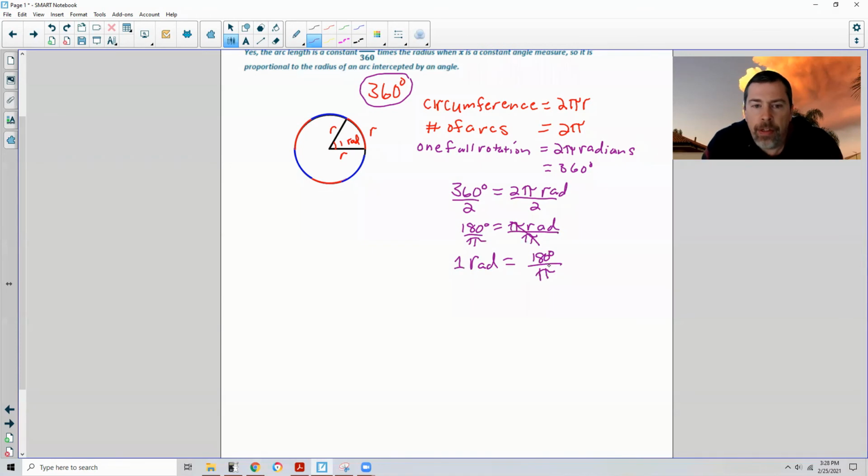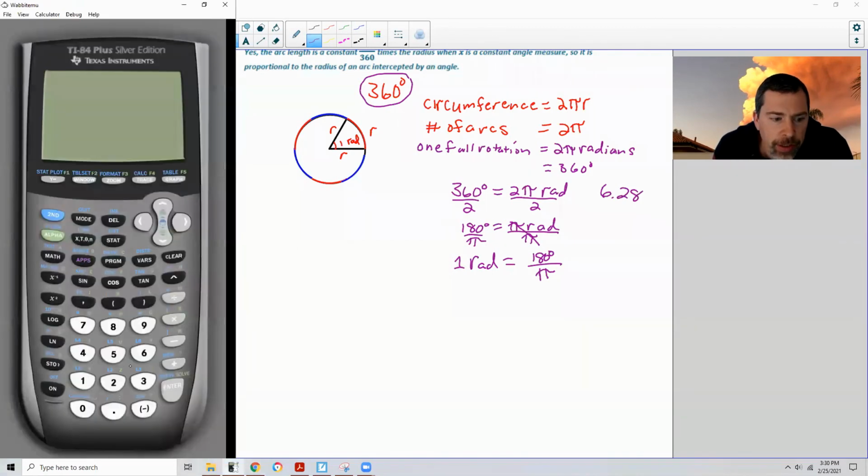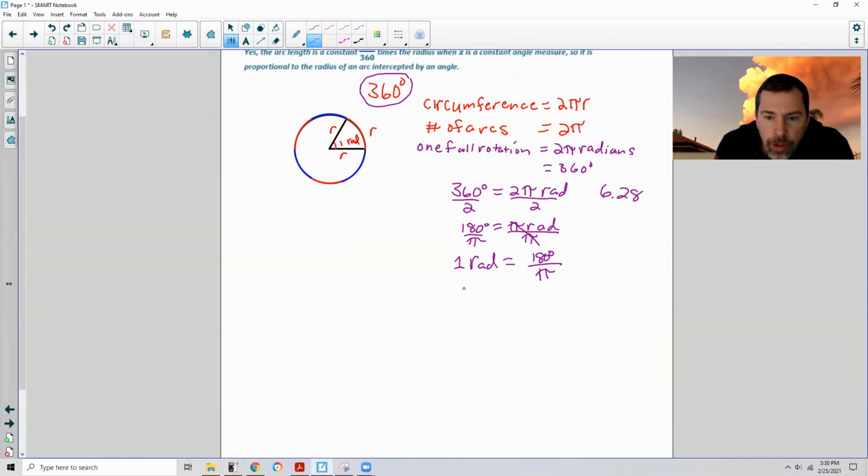So getting back to this 6.28 thing, if I take that 180 divided by pi, well, what's 180 divided by 3.14? 180 divided by pi, and I hit enter, and so I get 1 radian